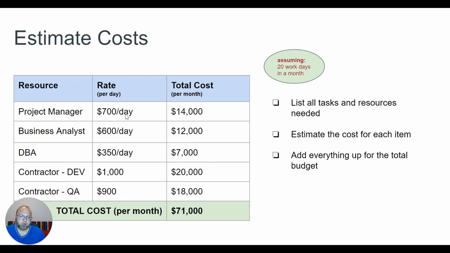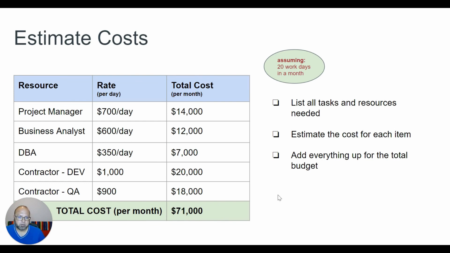And if they give you per hour, you need to convert that to per day. And a day could be 7.5 hours or 8 hours per day. And you want to put that rate here. And then you want to calculate that in a month for a particular resource based on the rate per day. You will calculate their monthly cost, which is the burn down cost from the budget. So in this case, my team that consists of all these people, my monthly cost per month would be 71,000. So that's how much is going to burn every month if all of these people are working on my project